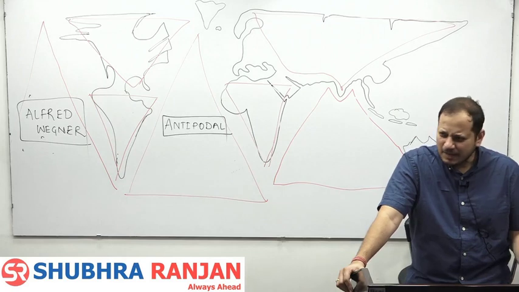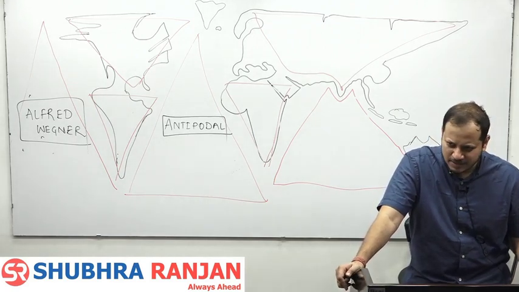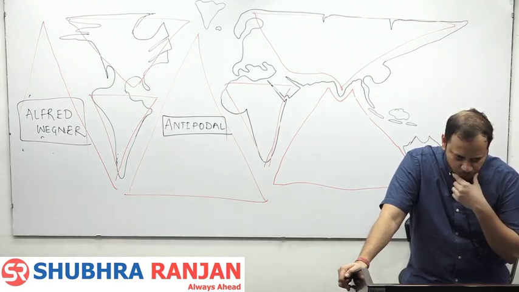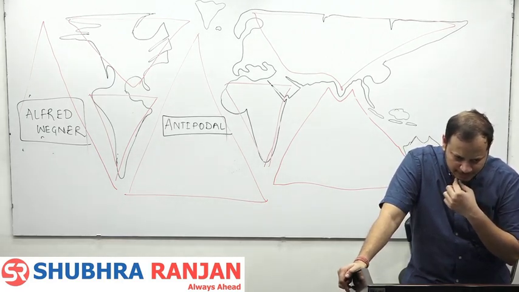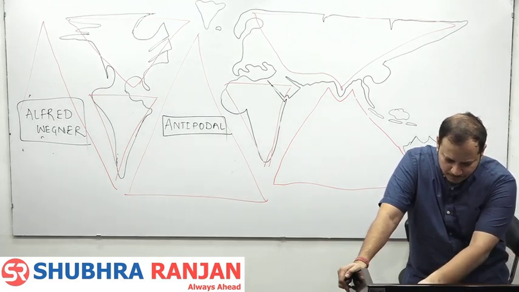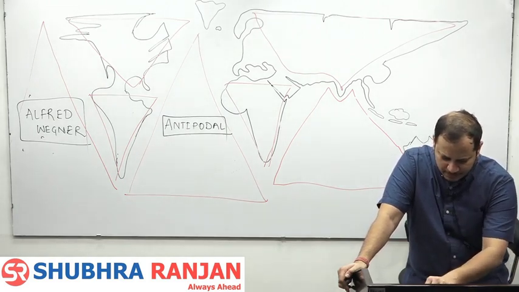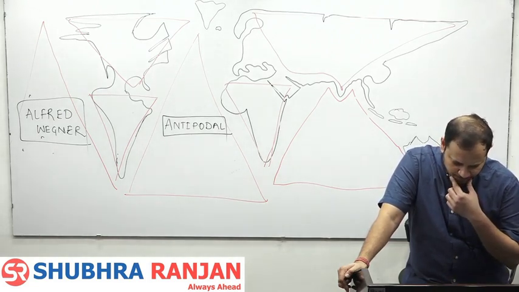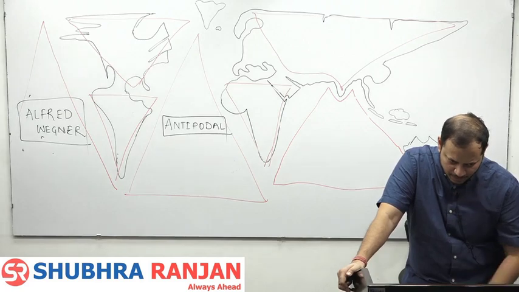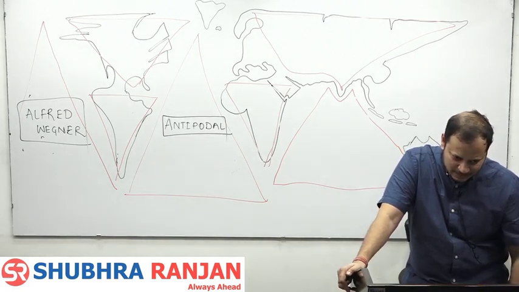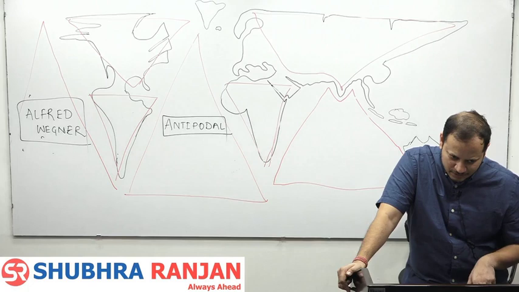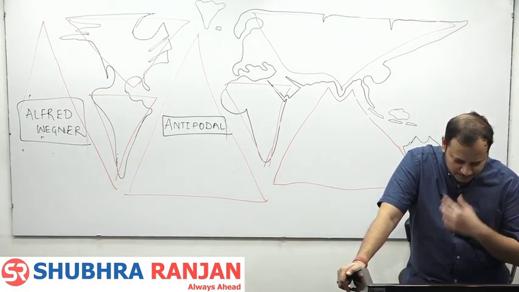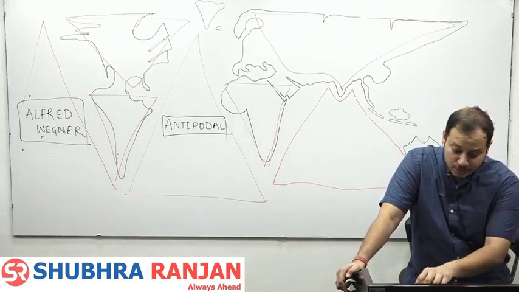Basic premise means why the theory was given, what were the assumptions in this theory. So the first basic assumption or basic premise is that the theory aims to study past climatic changes. I told you, Wegener was a botanist or climatologist. He was not a geomorphologist. So the theory aims to study past climatic changes, but